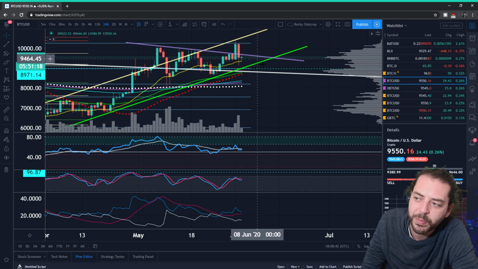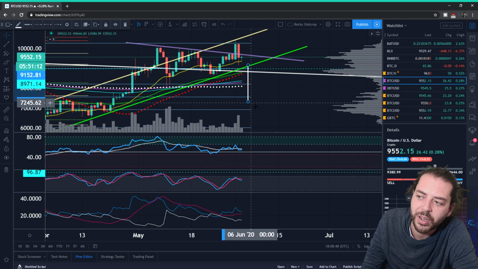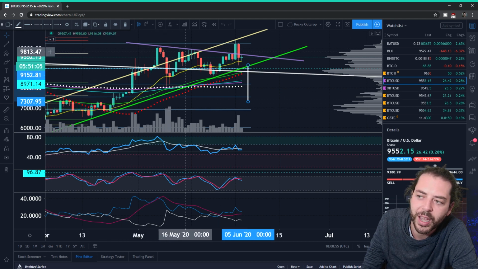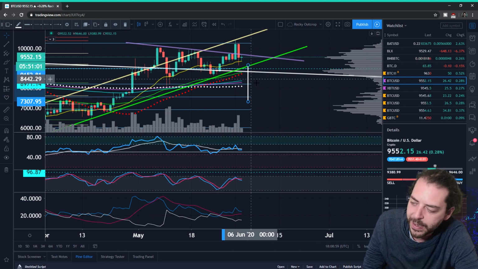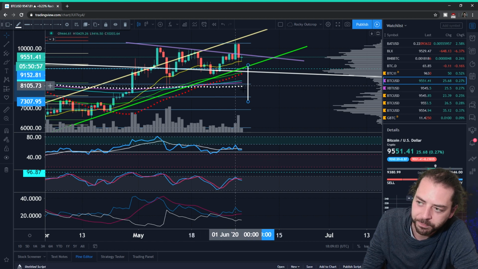We've come back into this exact triangle area here. Take a measured move off of this sort of thing and stick it over here, you're easily looking down towards the lower 7,000s area, for instance. So, if this were to break down the way, and if you were to have some sort of Adam, Eve, Adam type pattern here on the go,